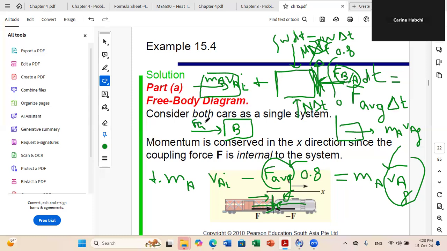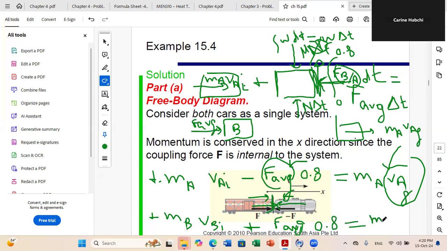So you can take B as system and your equation will be plus MB VB initial plus F average times delta T. So plus F average times 0.8 equals to